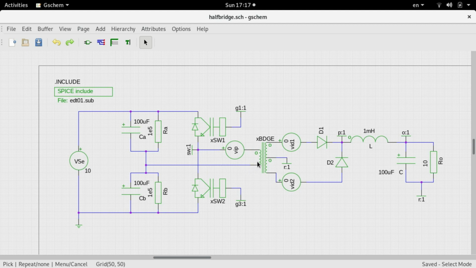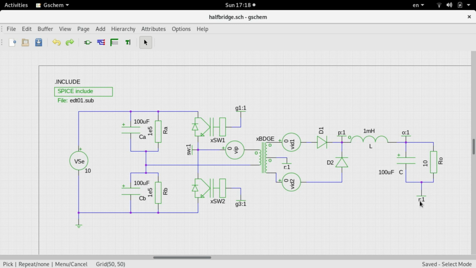the same type of transformer for both the full bridge and the half bridge. I am using a sensing voltage source here with 0 volts, and this will sense the current through the primary. And the secondary of this bridge is center tapped. The dot end is going through the D1 diode, the non-dot end through the D2 diode. They are ORing up at the pole point, and then you have the inductor followed by the capacitance and the load.